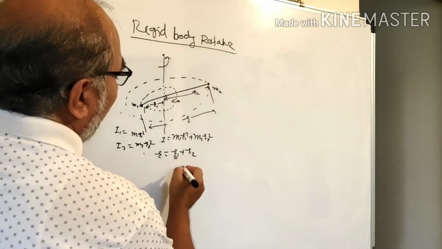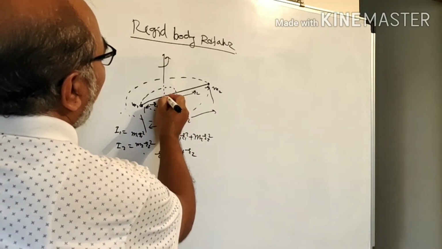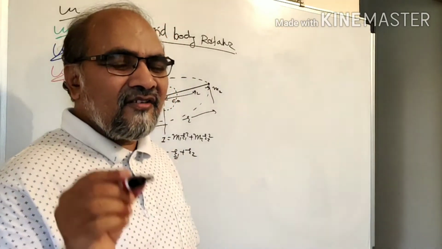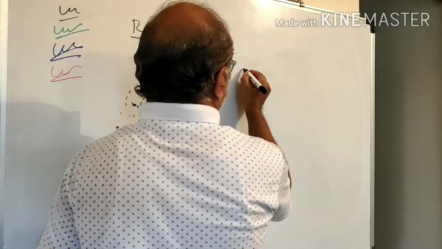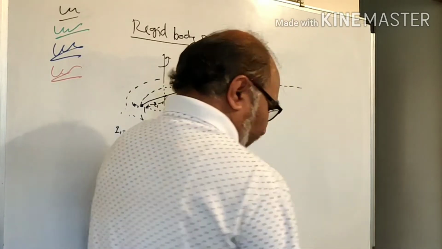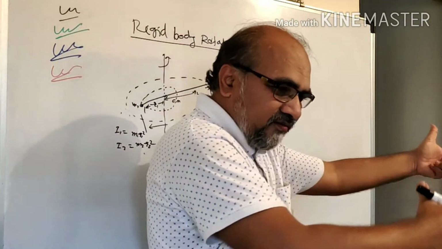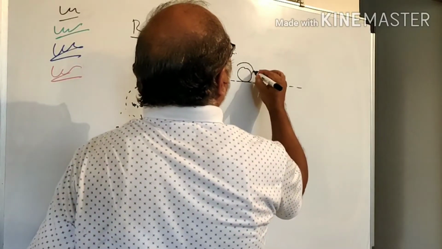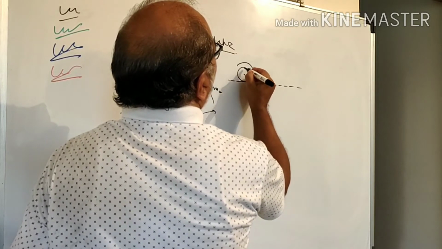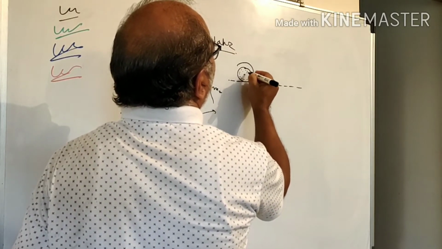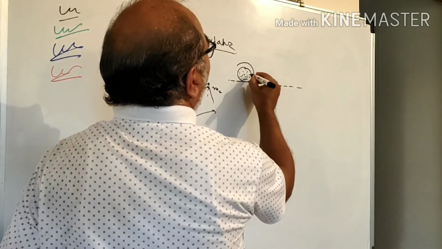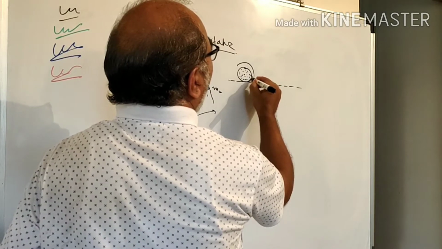R1. So this is the center of mass. What is the concept of the center of mass? Say this is a coin, and this is the ground. When this coin is rotating along the ground, it goes on rotating. This is the center, and consider all the points. When it goes on rotating, consider this point. This point will be rotated like this,